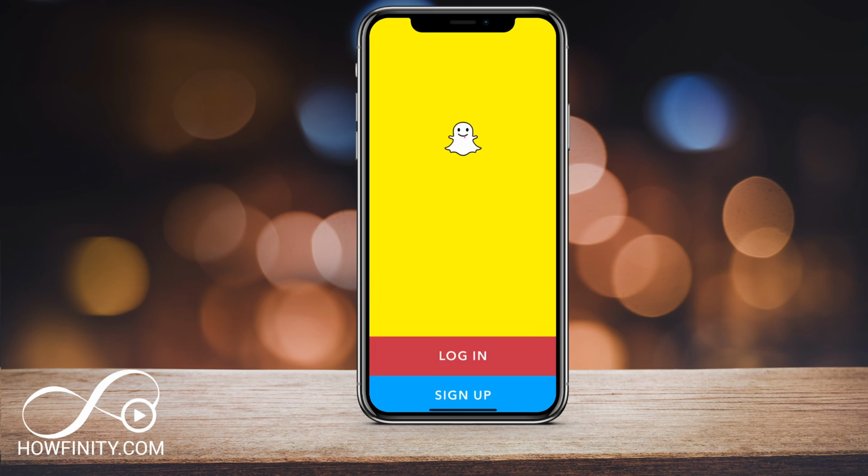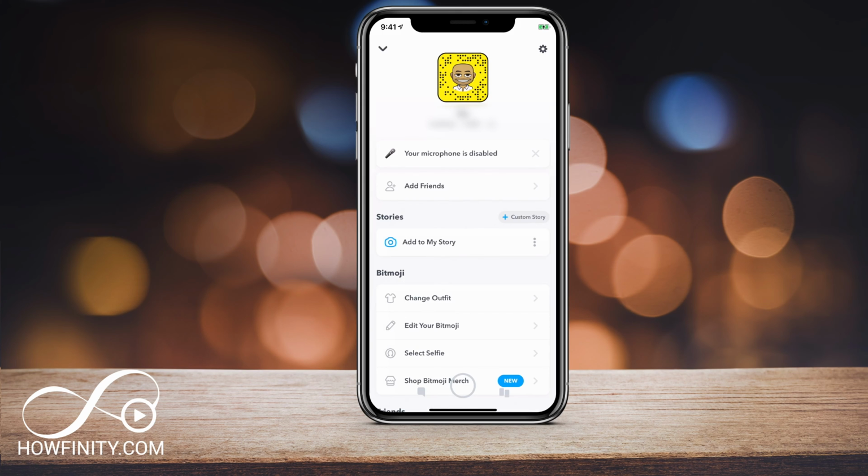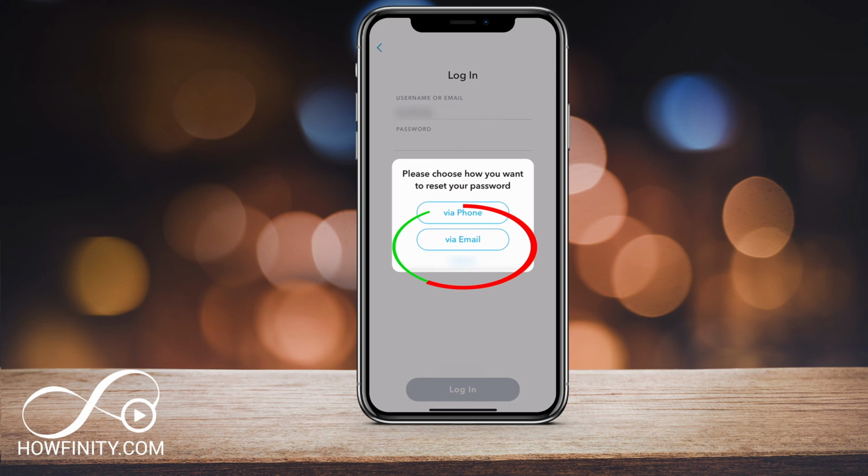And now if I go to login and type in my username here and my password, I should be able to log back in. And I'm logged back into my Snapchat account. Let me go ahead and log out one more time. And if you press forgot password here, you could also do it via email,